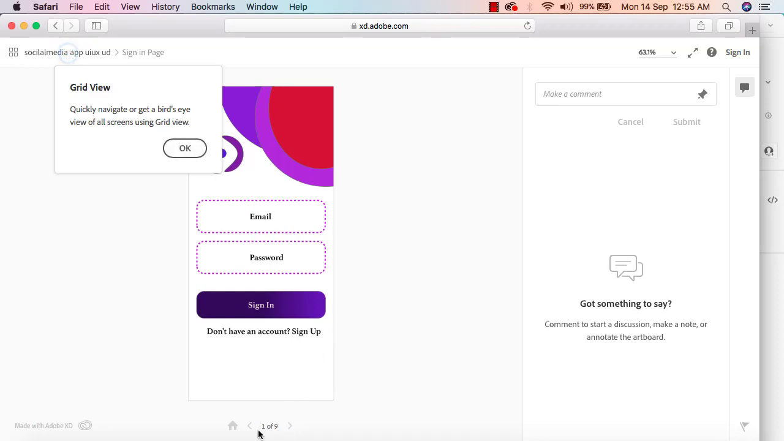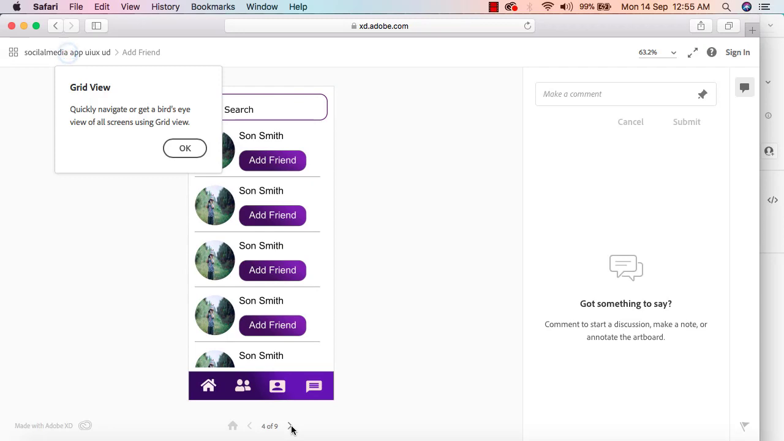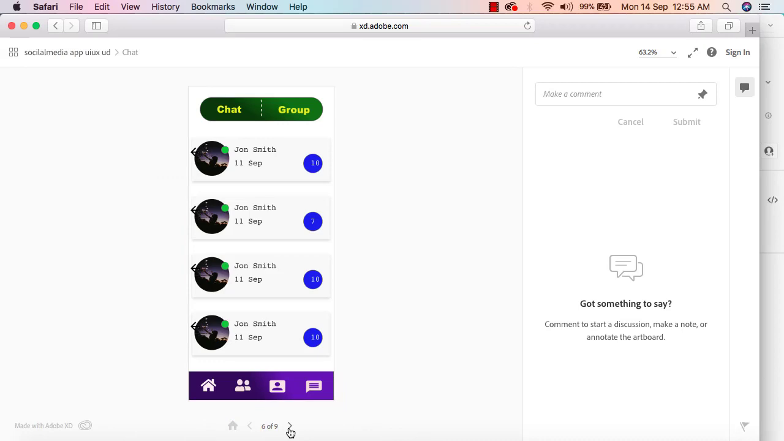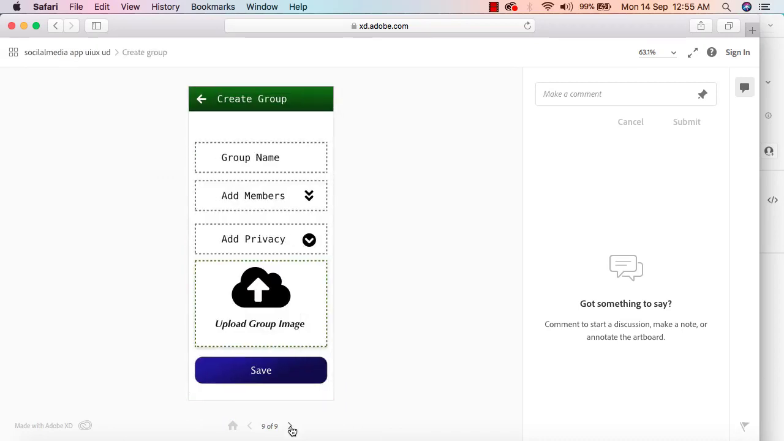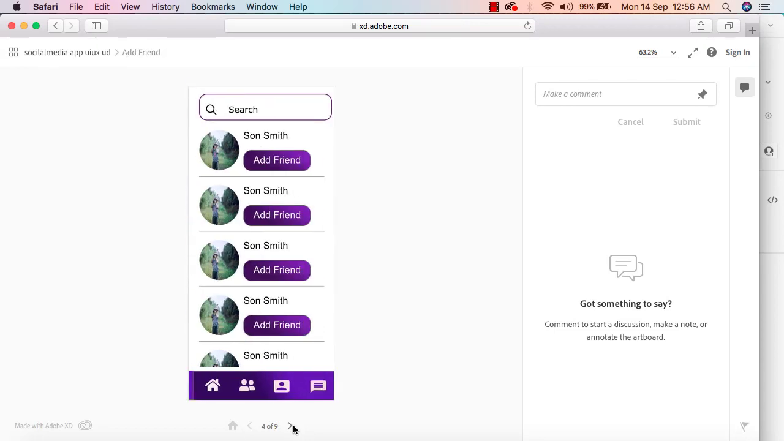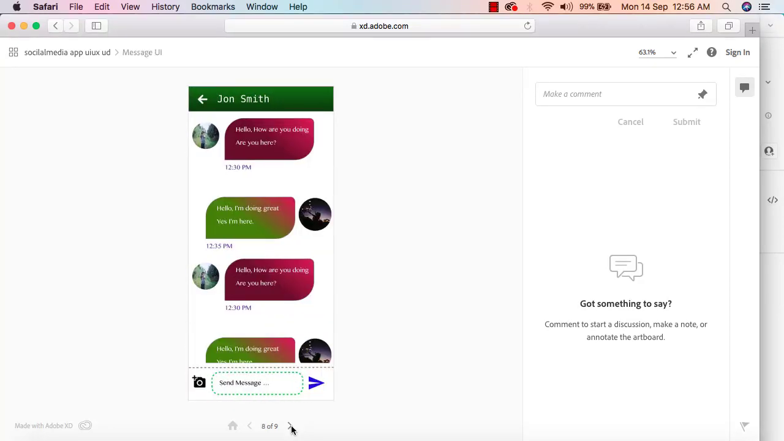And in here you will be able to see 1 of 9. It means that we have 9 artboards, and from the 9 artboards we can see the one and click on it. Then we will be able to see the sign up page, then click on it. We are in home page, then we can see our add friend page, and then we can see our chat page, our group page, our create group page. Alright, so this way we can get all the pages that we have. So we can get our chat UI page,